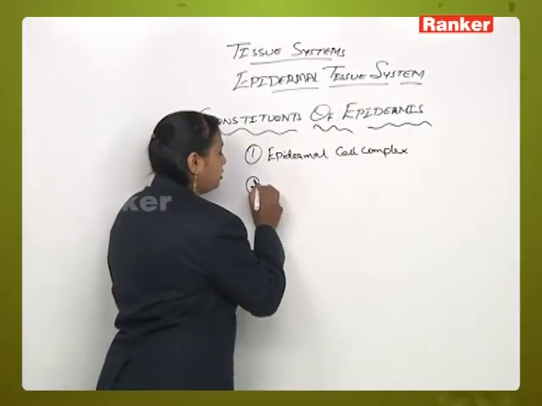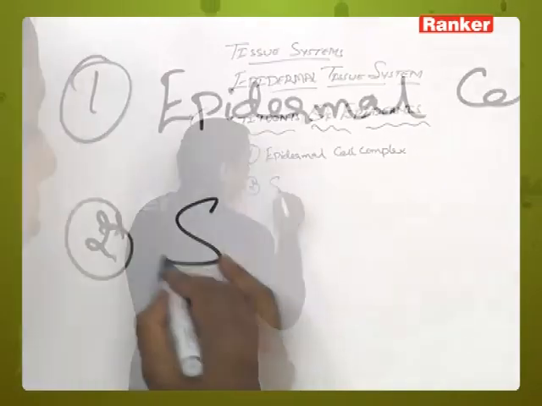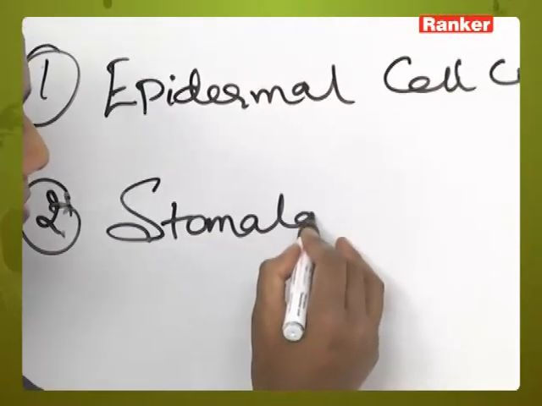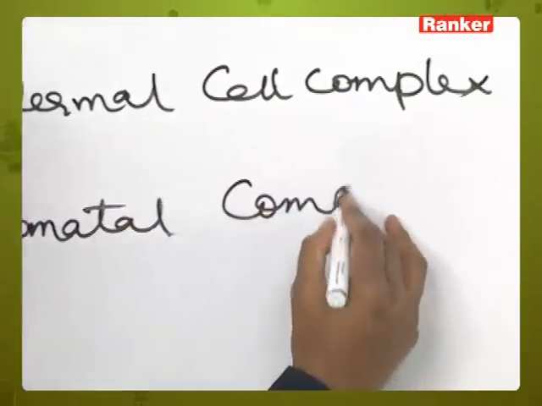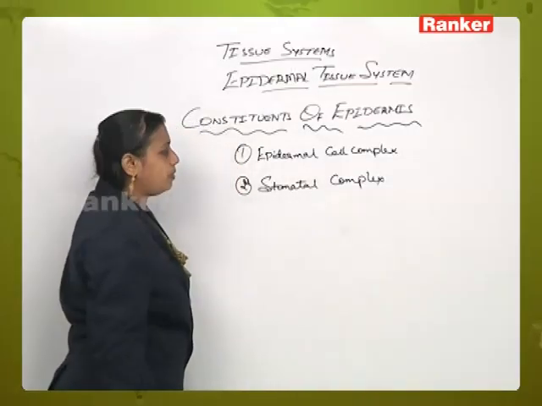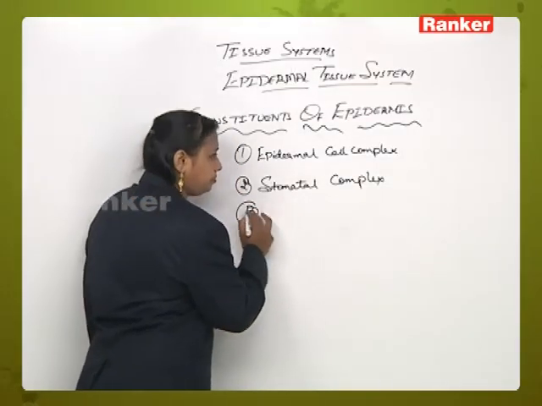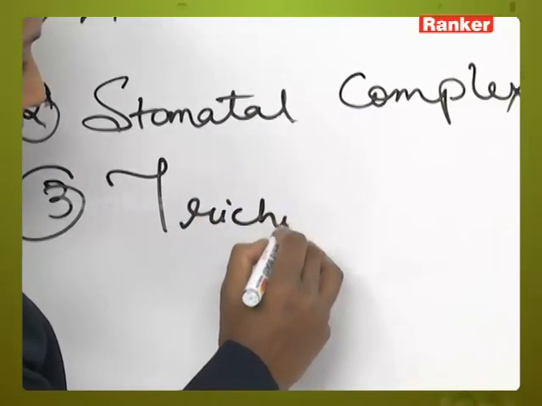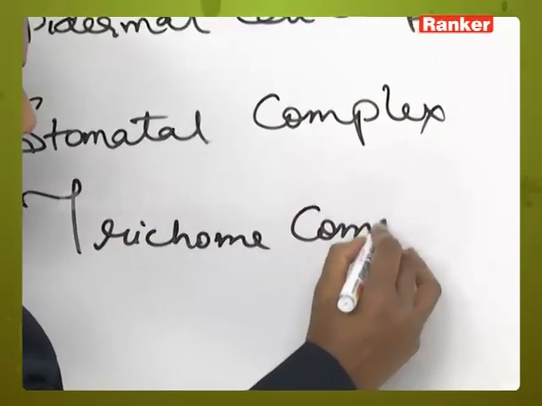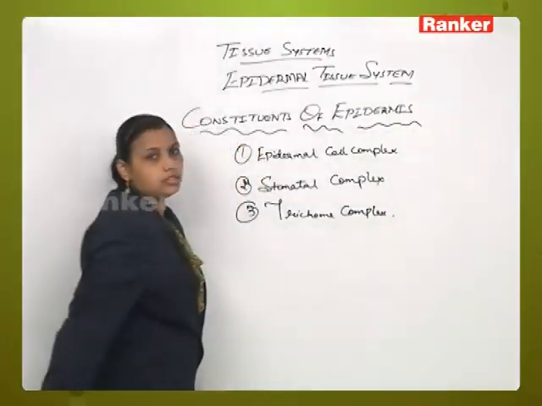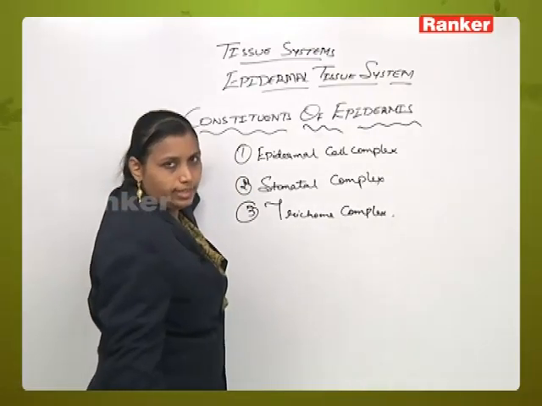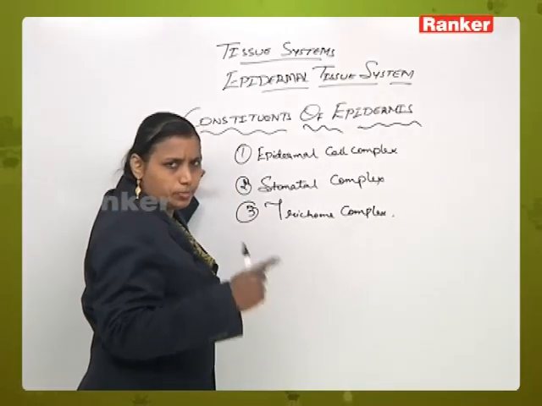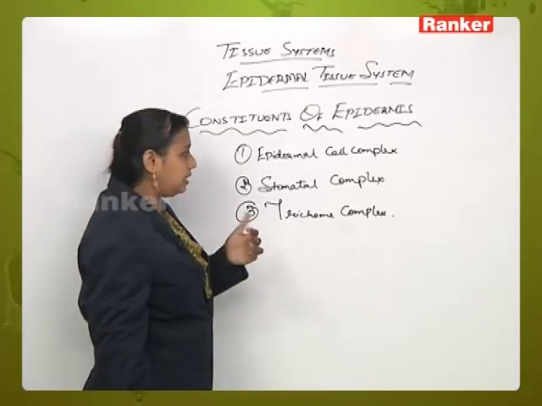Second one is called the stomatal complex, and third one is called the trichome complex. When we write an answer or when we are studying about epidermal tissue system, what we dealt earlier